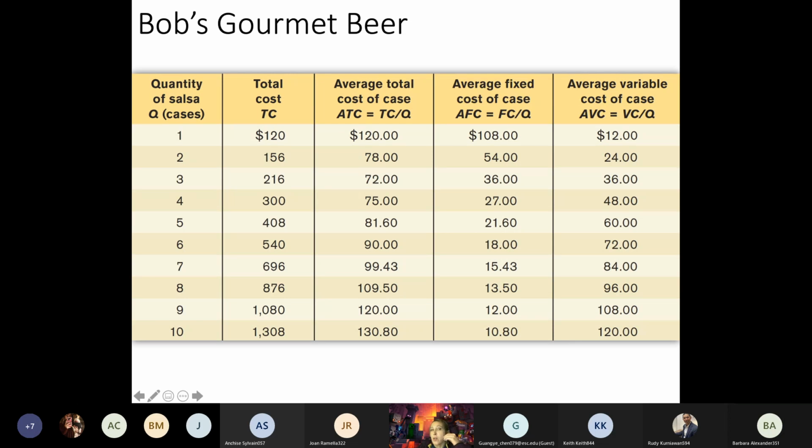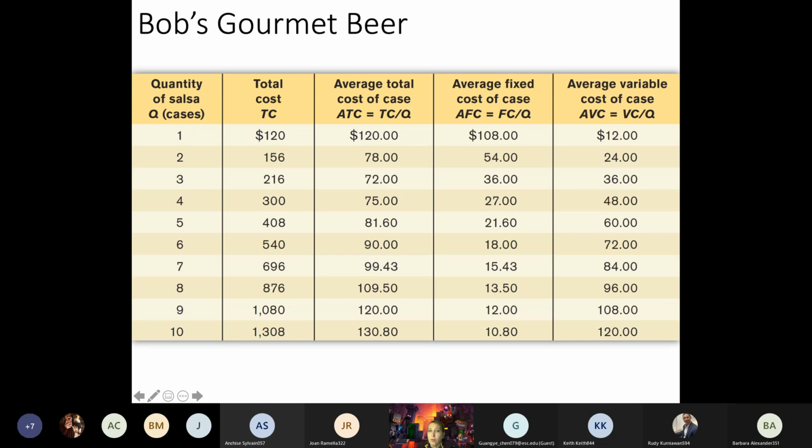Okay, so average total cost is, you take the total cost, you divide it by the number of units of output. So we have 78 as the average cost, because we took 156 divided by 2, got 78. Then we took 216 divided by 3 and got 72. So look at this approximate shape and picture it in your mind. It is U-shaped, just like we had in the example. U-shaped, kind of like a check mark shaped